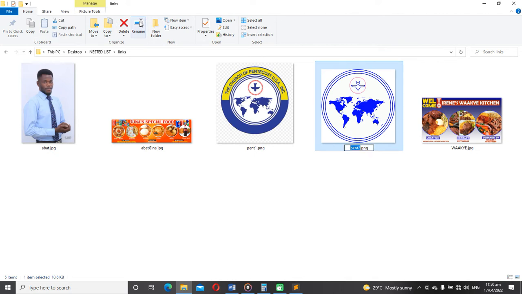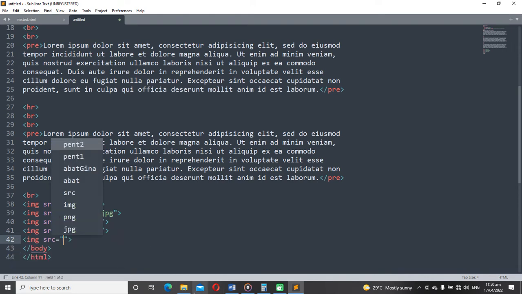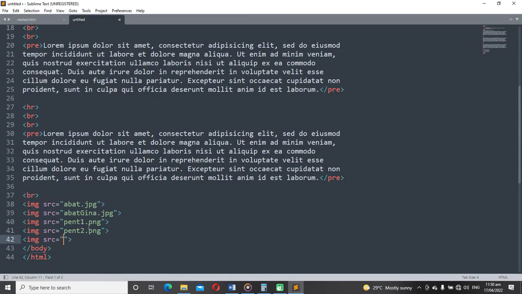Come to rename, Control A, copy, and then paste it there. And the last one, if I am not making a mistake, img. Then you come here, get the image, rename it, highlight and copy, and then alright, so let's save this and then